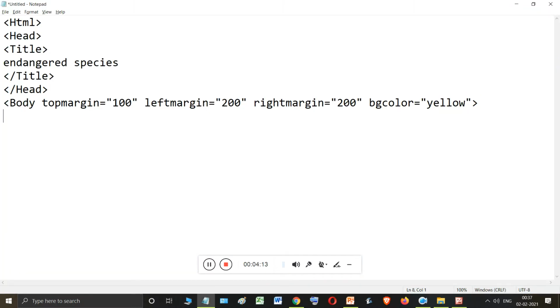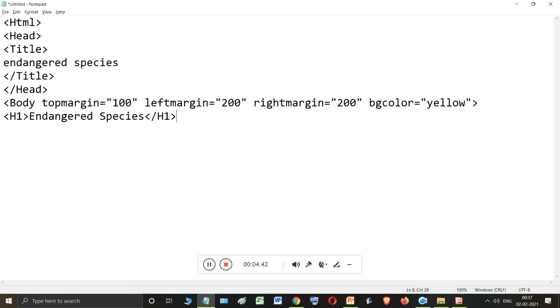Come inside this body and first write endangered species. They have said that the heading we need to use is H1. Because heading tags are container tags, that's why it should have the closing heading level tag also.